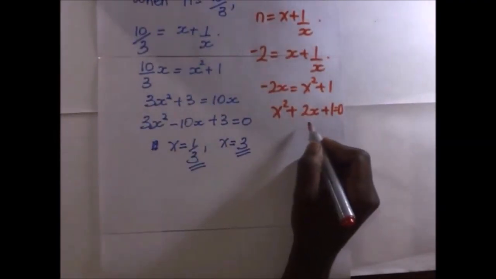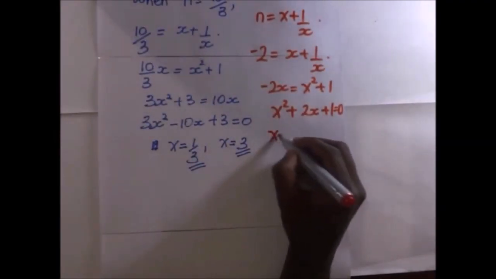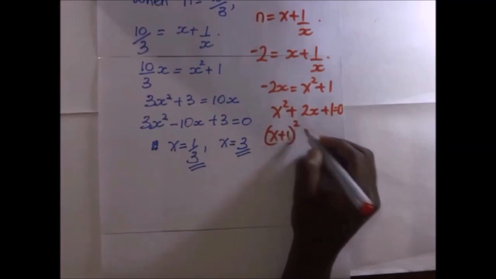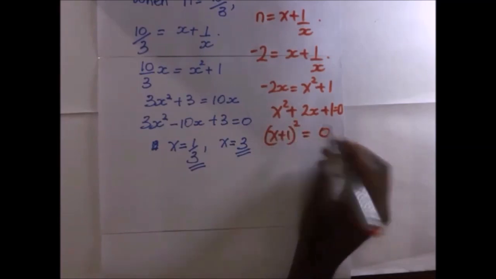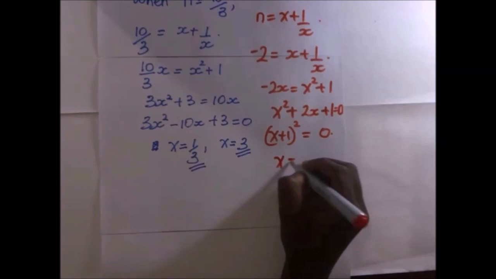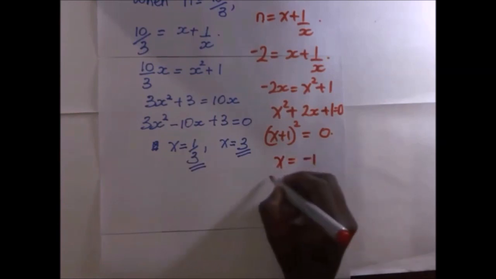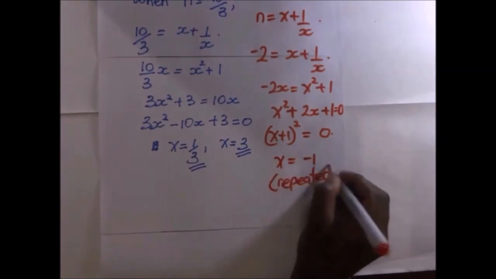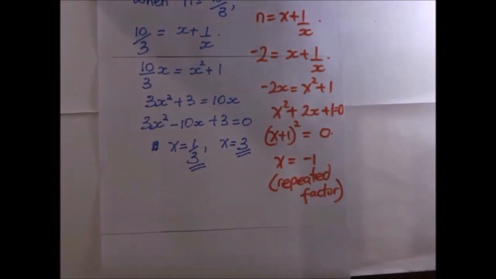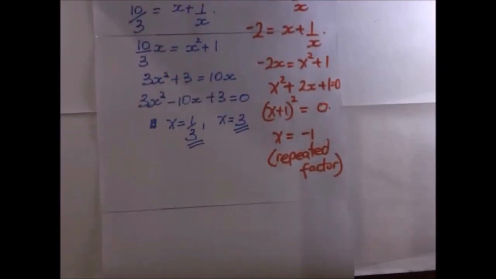So from this quadratic equation we find that x plus 1 is equal to 0. So x is going to give us negative 1, and this is a repeated factor. So for our polynomial in the question, the values of x are going to become